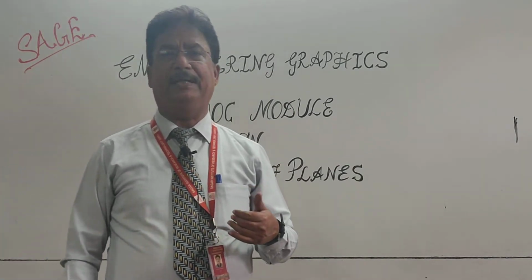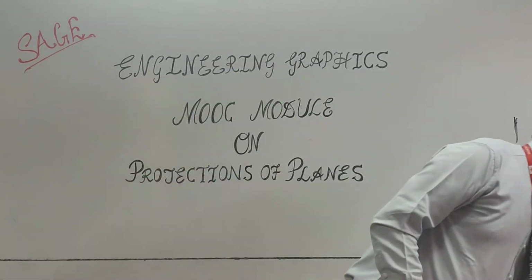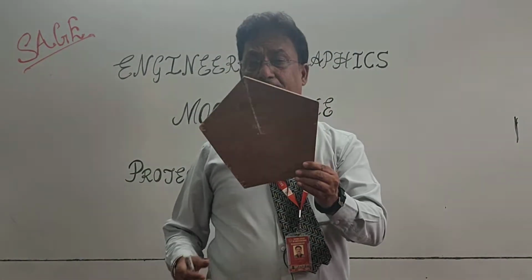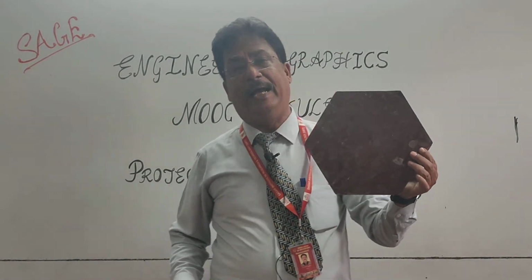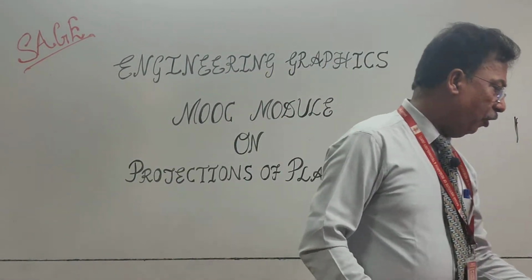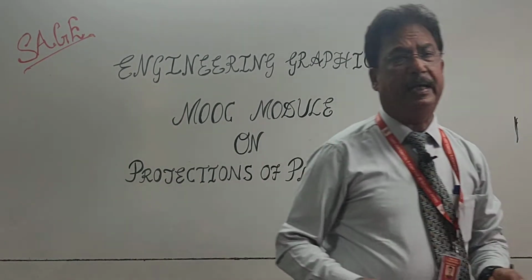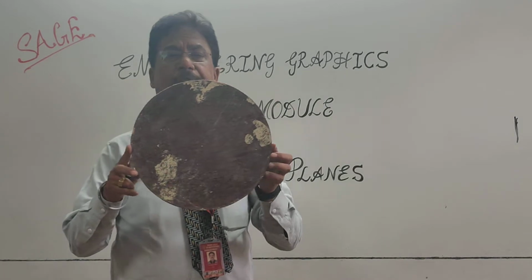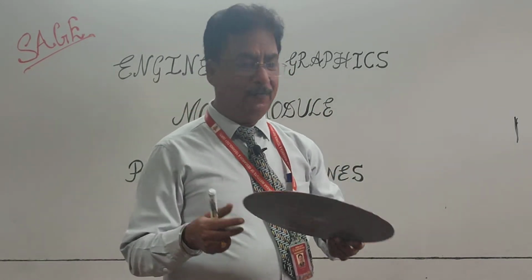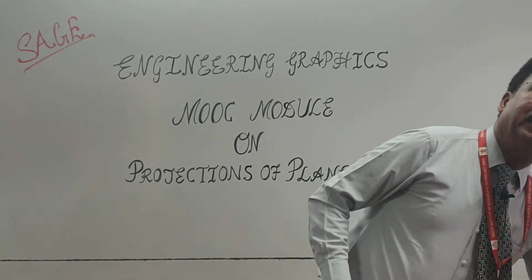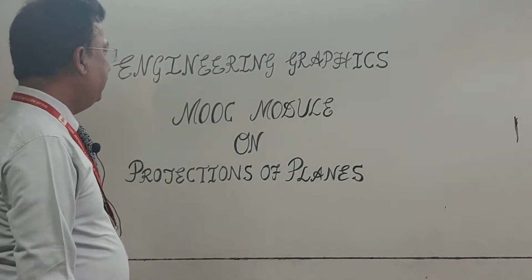Then when the number of sides is more than 4, that will be a polygon. If the number of sides is 5, then we have a pentagon. Number of sides 6, then we have a hexagon. So in this topic I am going to draw the projection of all these figures. Then you also know one more figure, that is a circle. Normally people say that a circle is a polygon with an infinite number of sides. And in the same way I can use the semicircle.